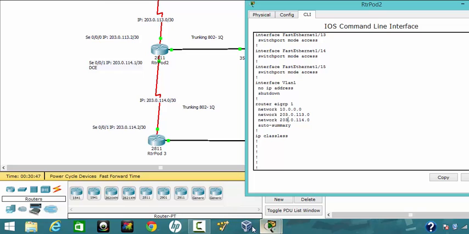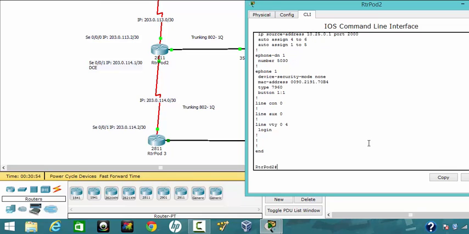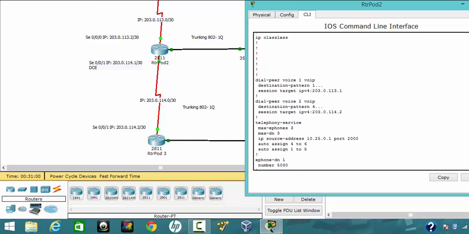Similarly, after you finish configuring EIGRP,